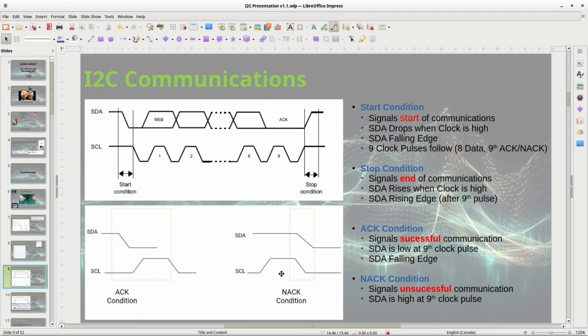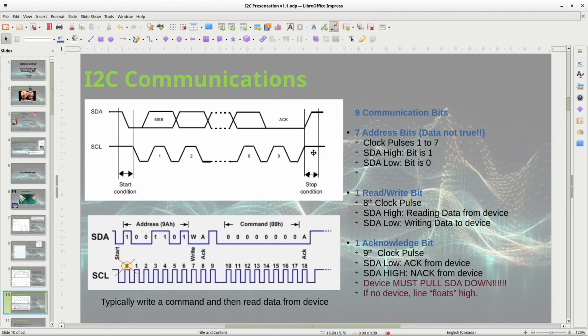That's how, by the way, that I2C scanner that you use, that's typically how it works. So the ACK, basically, it's a successful communication. Device pulls it down, says, I heard you, you're talking to me, let's go on. A NACK means nothing's there. So if you're decoding this with your scope, and on that 9th clock pulse you're not seeing it pull down, then that's helping you troubleshoot.